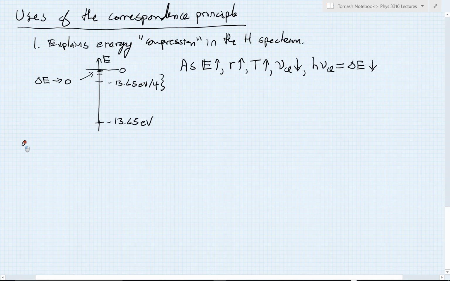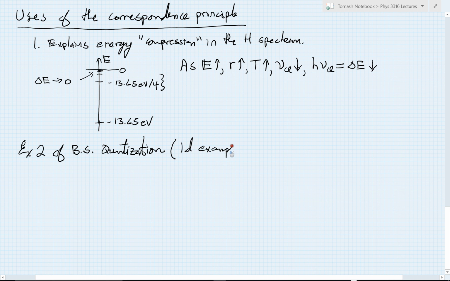I'd like now to work out a second example of Bohr Sommerfeld quantization. And this example is actually in a different class. We had previously seen for the hydrogen atom an example of a particle moving around in an orbit in 2 or 3 dimensions. Bohr Sommerfeld is also very useful in one-dimensional examples, and those are worked through a little bit differently. So I thought it'd be good for us to try 2 different worked examples, and so this is a one-dimensional example, and this example will be the